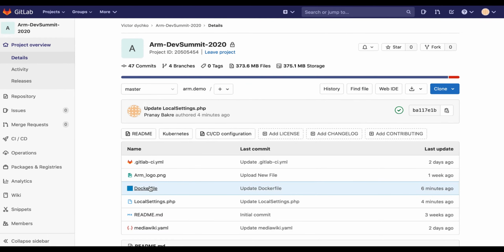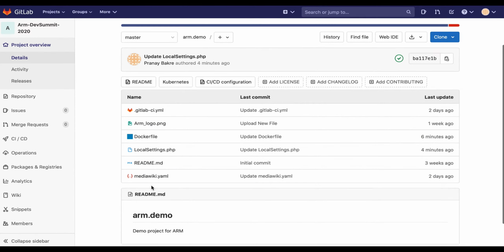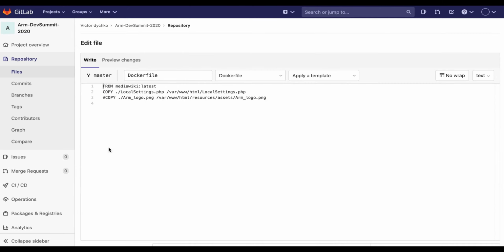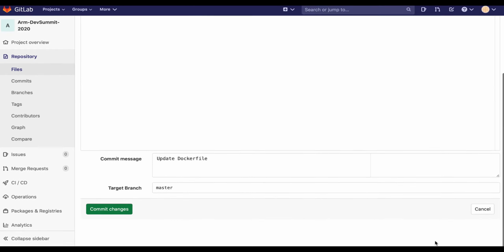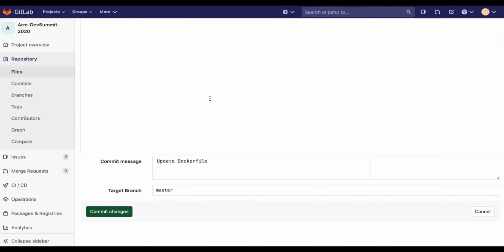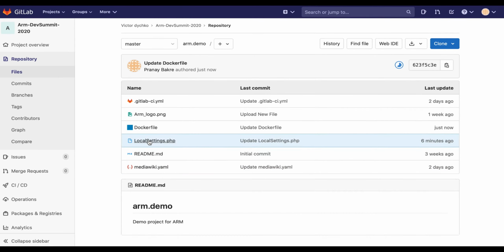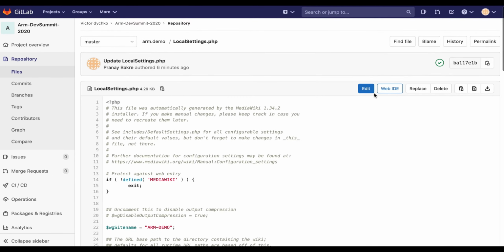So if we go back to GitLab, we are going to change two files. One is going to be the Dockerfile. So I'm going to edit here, and I'm going to comment out this line and uncomment this one and commit these changes. In addition to that, I'm also going to come back and change the PHP file